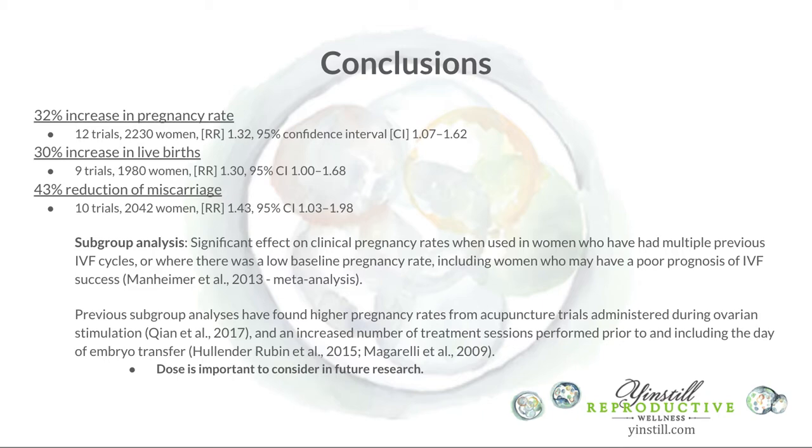So this was almost 2,000 women and 9 trials, and a 43% reduction of miscarriage, and that was 10 trials over 2,000 women as well. So the above data is based on risk ratio and confidence interval. So you'll see the RR and the CI